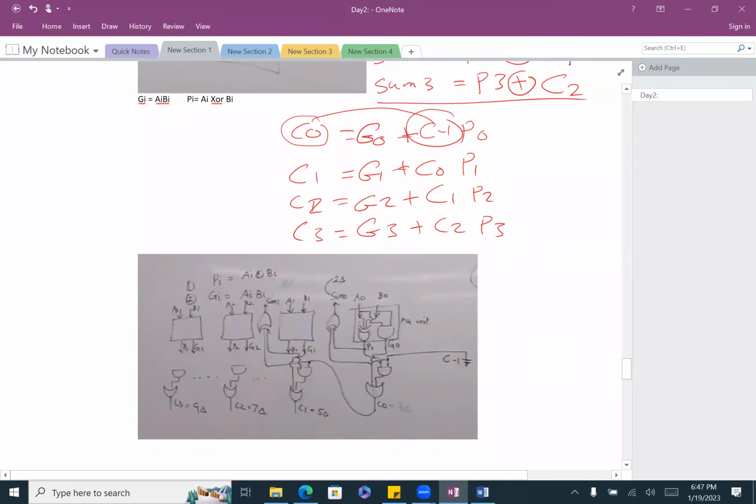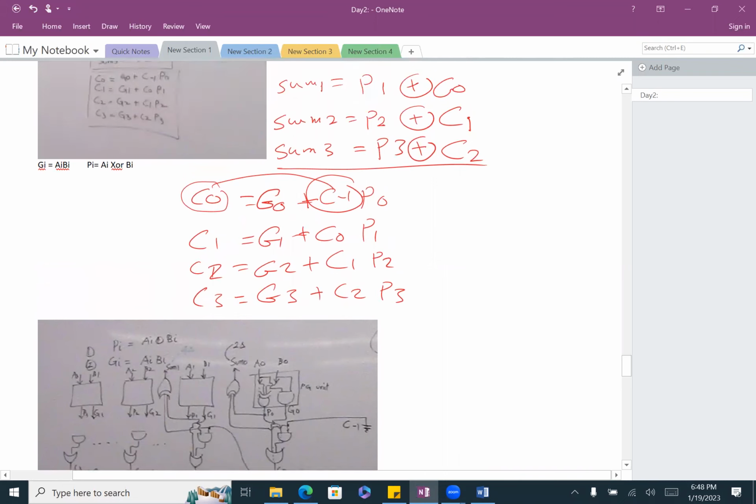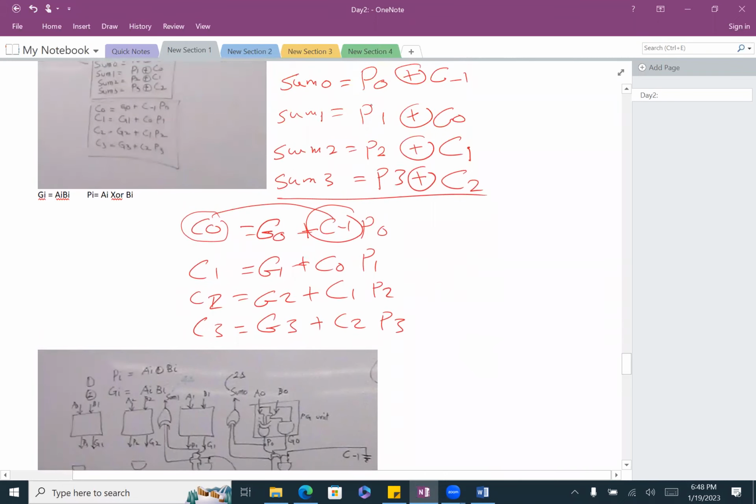So you want to, let's draw the circuit. This one is going to change. Let me try to expand that here. So now let's do only the first one. So the sum of 0, what's the sum of 0? Remember, the sum of 0 is